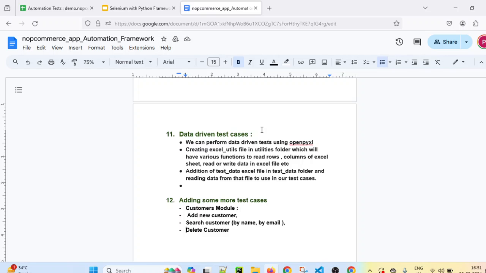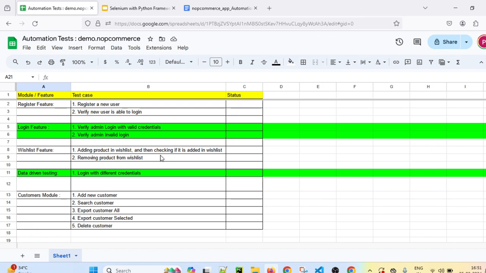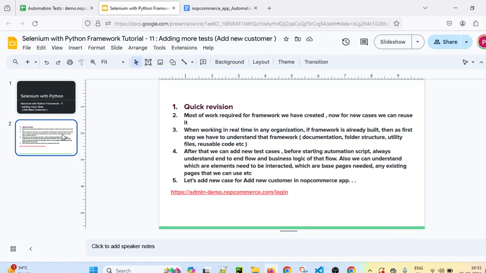Whenever you work in any real-time project or in any organization, we will get test cases to automate. Now, for those test cases, there could be two possibilities. The framework might already be built, and then we have to just add the new test cases.